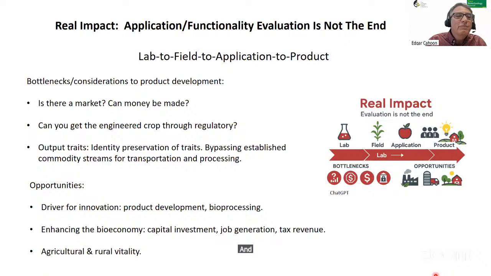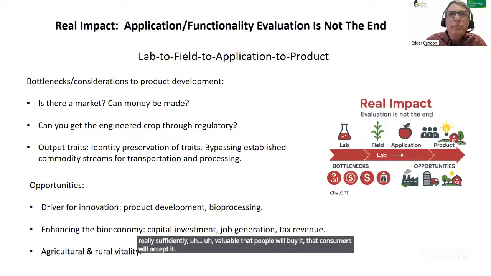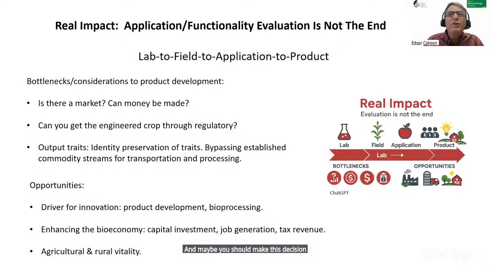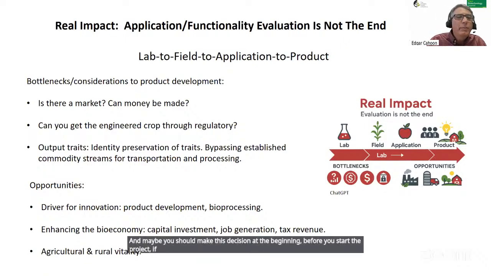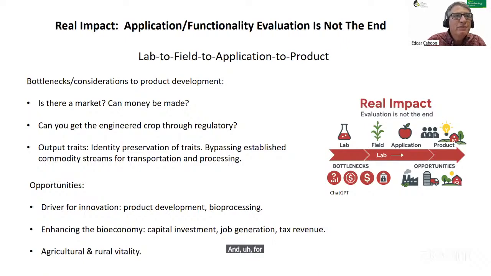And so just some things to keep in mind is that if we want to develop a product, you really have to think about, is there money that can be made? Is the idea that you have really sufficiently valuable that people will buy it, that consumers will accept it? And maybe you should make this decision at the beginning before you start the project if you really are thinking about product development. And especially for transgenesis, not so with breeding, maybe less so with gene editing, but with transgenesis,